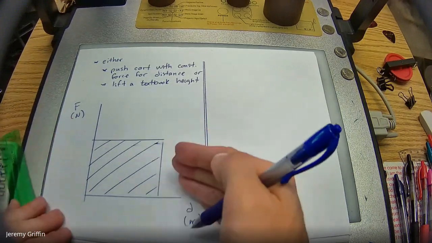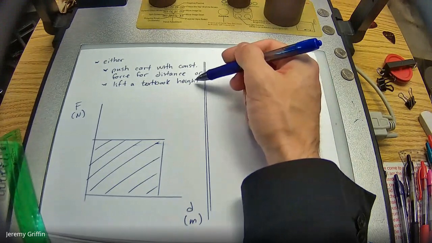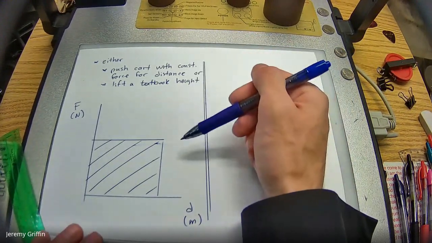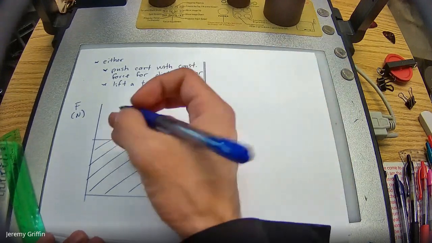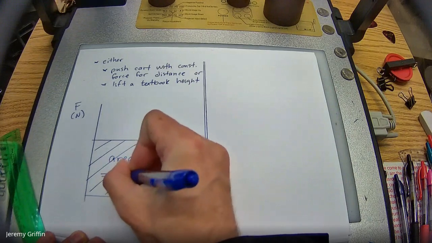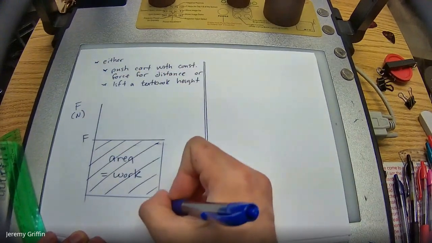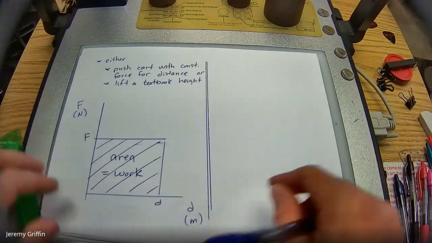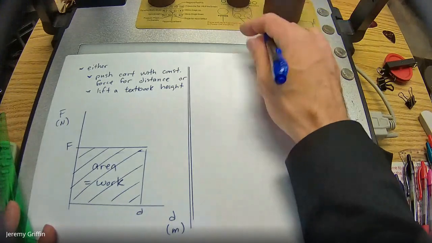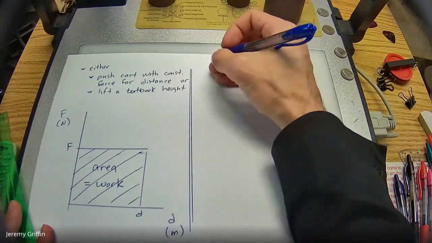So the area under this curve represents maybe some work done on the cart or the textbook, right? Or maybe the energy that either of those objects ends up with. Maybe the final potential energy of the textbook. I'm going to say the area of that rectangle represents the work done on some object. And that would just be force times distance, wouldn't it? Which is like the work equation that I gave you guys. Now, why do I make a big deal about that? Because I want to give you guys a little bit different scenario, and if you get this, then this next part is going to make a lot more sense.